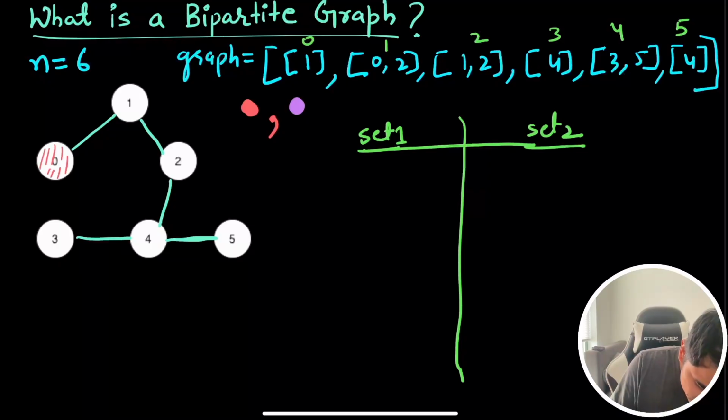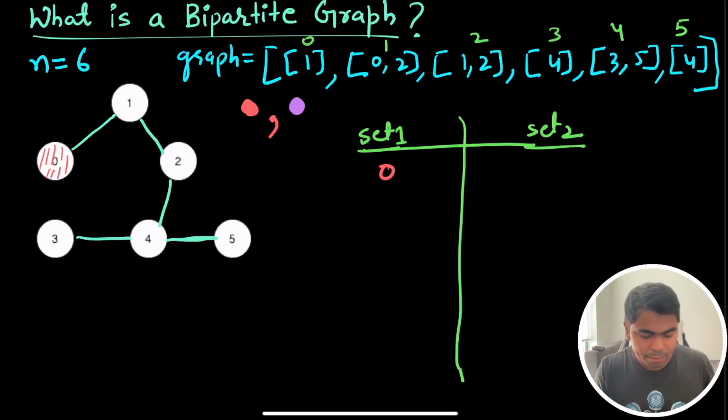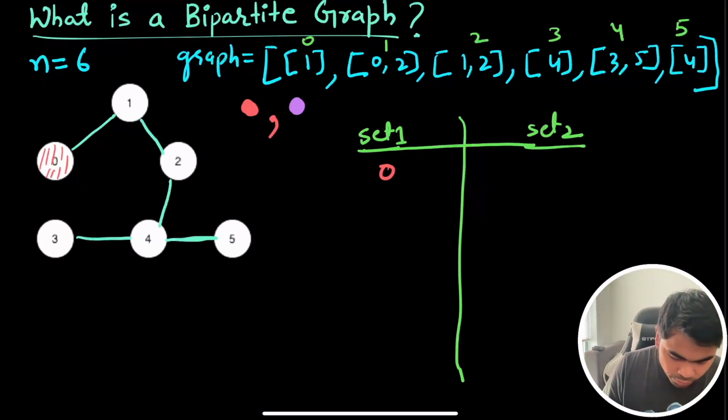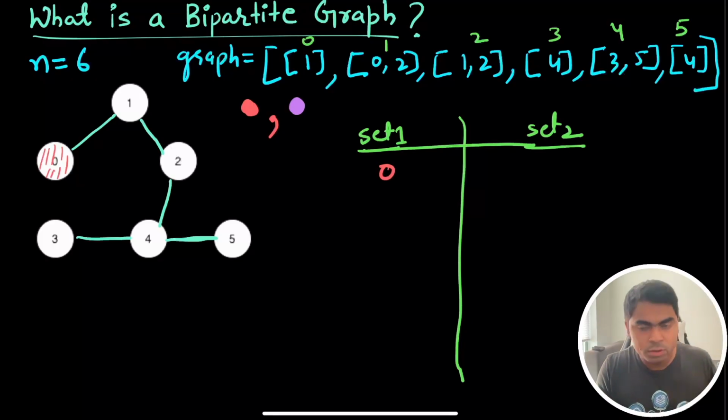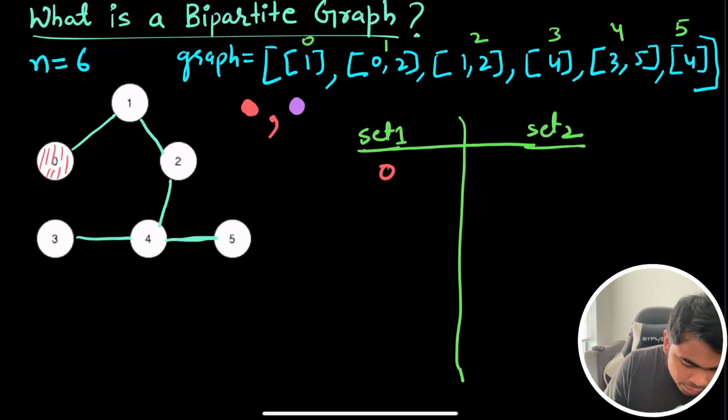So we have assigned 0 red color, so it's in set 1. So 0 is in set 1. How about the next connected member of 0? So we are running DFS on it, by the way. We are running DFS on 0, and then we are exploring its neighbors. Since we assigned red already to 0, any neighbor that's connected to it will all have the opposite